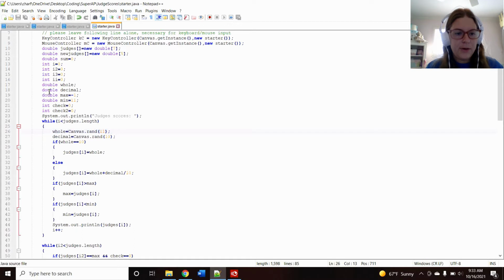So this is the whole part of it, a double whole, and then this comes out as a double, so it's going to be like 7.0 or 5.0 or whatever, and this can be from 0 to 10. And then this is going to be the decimal part of it. So this is going to be from 0 to 9, because you can't have 0.10. So then the next part is, if whole is 10, then judges of I is just whole,